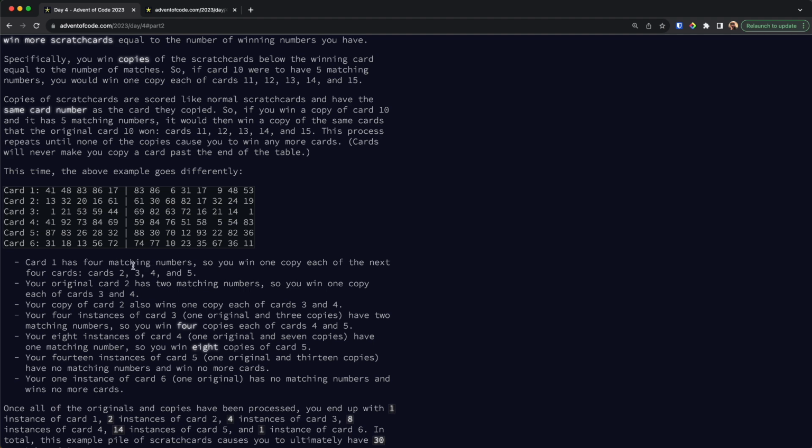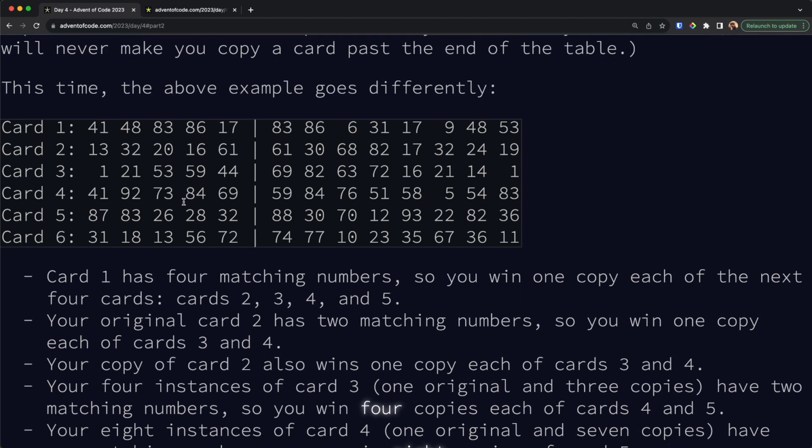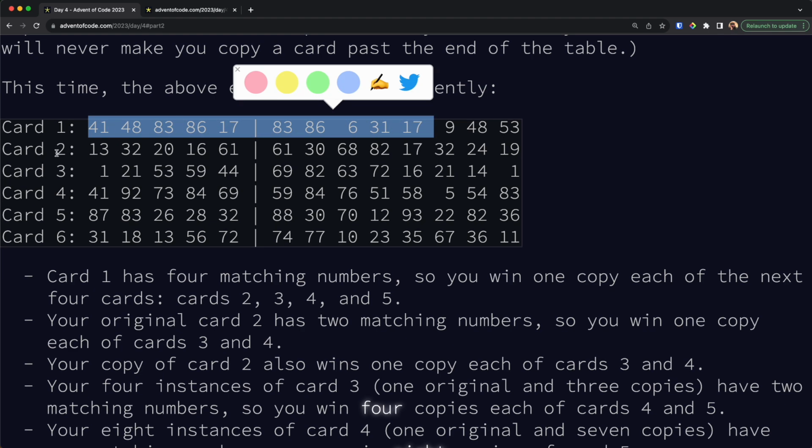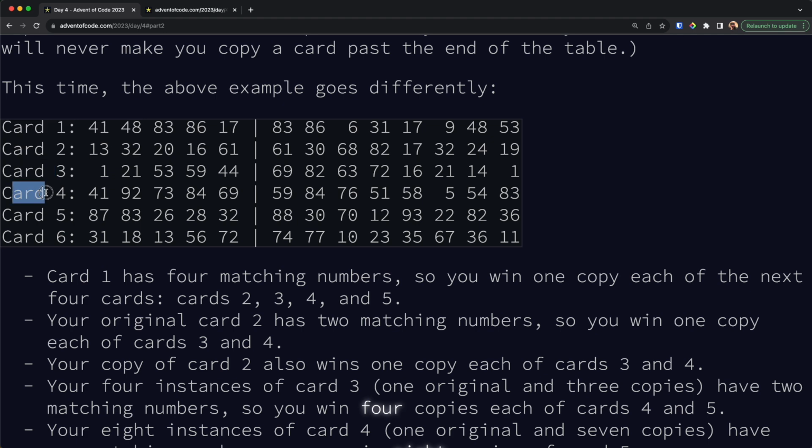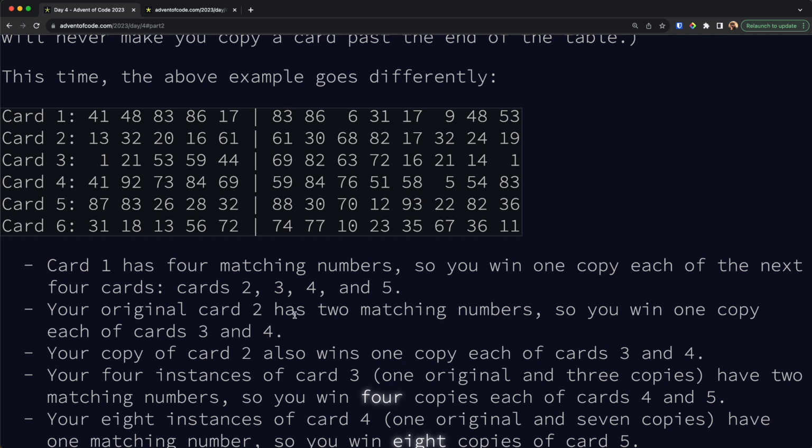Card 1 has 4 matching numbers, as we saw in the last example. 2, 3, 4, and 5. So we win 1 copy of the next 4 cards. So for 1 we win 4 cards, so we get a copy of this, and this, and this, and this. And then when we are on card 2, it originally has 2 matching numbers, so we would add 1 to this, 1 to this, and card 2 has a copy which was provided by this, so we need to add twice